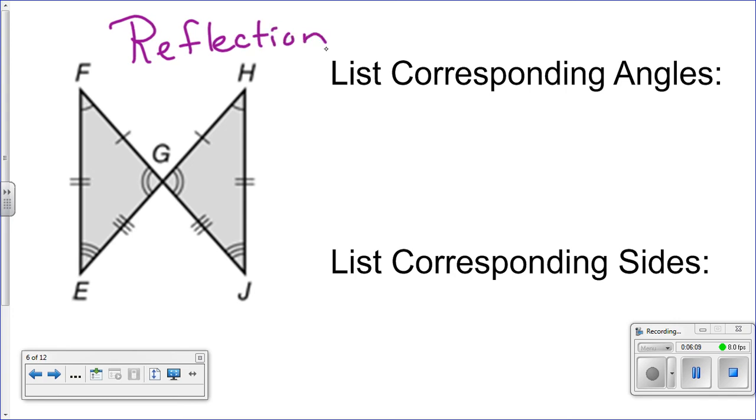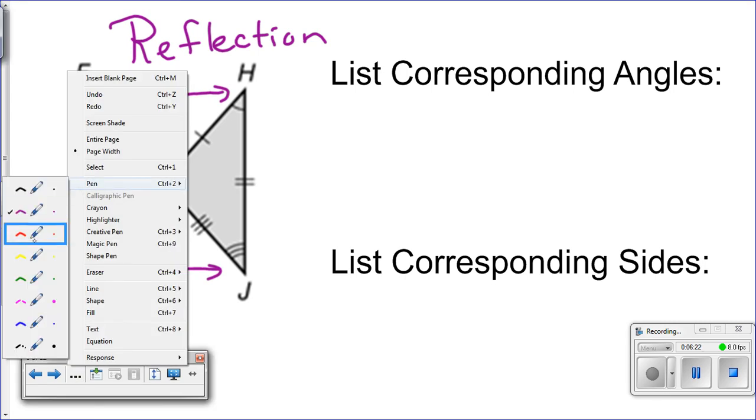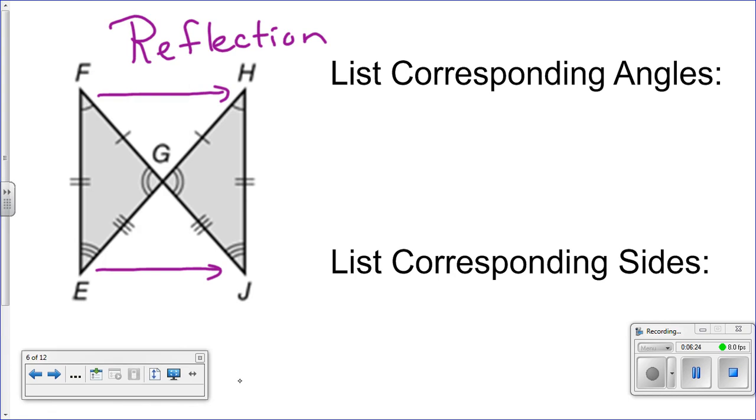A lot of kids would say this has been rotated and turned. However, you may notice the symbols. That this goes with this. E goes along with J, which means this was actually flipped over this line right here. Okay, with that said,